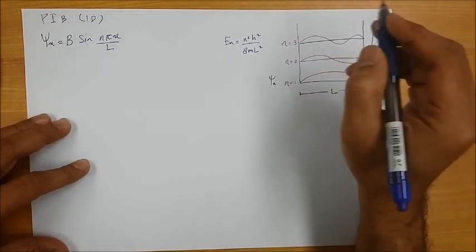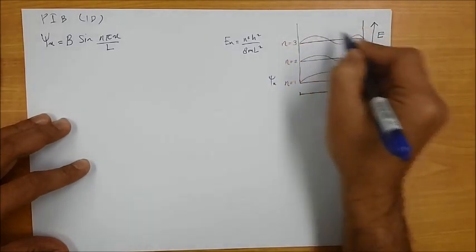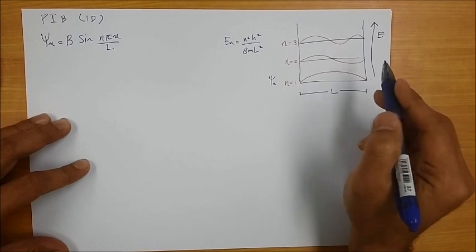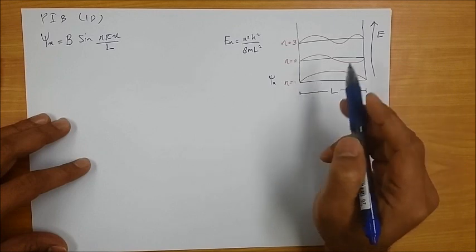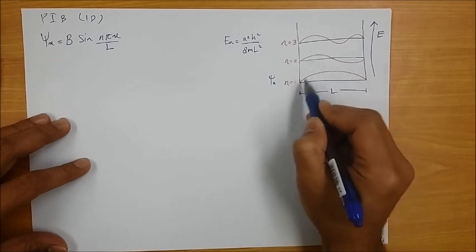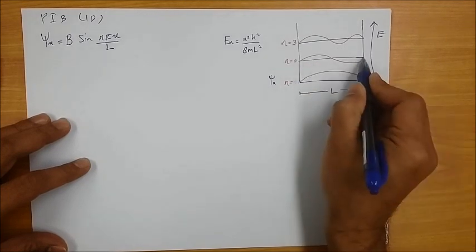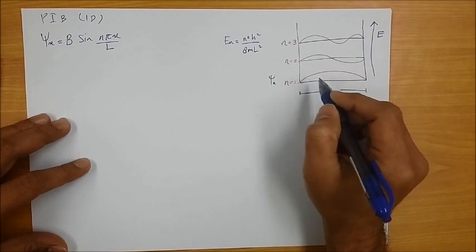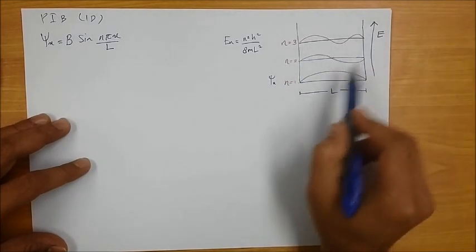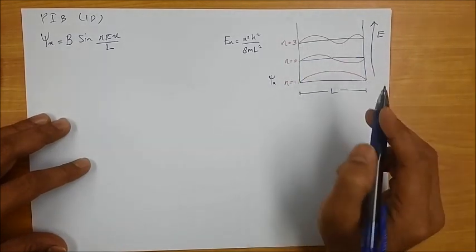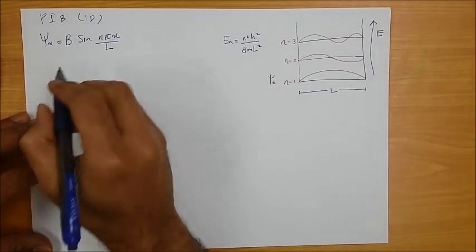So also the condition is that, because the electrons can only exist inside the box at different energy levels, the probability or the description of the wave function at the edges, at x equals 0 and x equals L, has to be 0, right? Okay, so we don't know exactly where the electron is between 0 and L, but we can predict its probability, right? And its probability is described